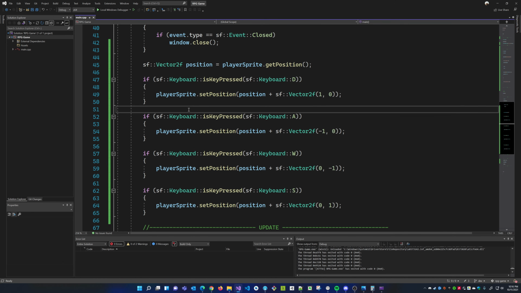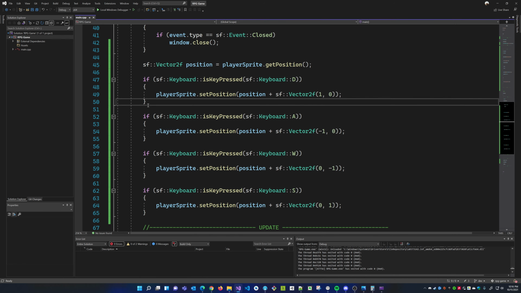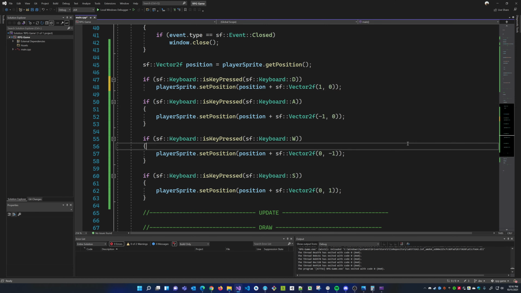Now, one more thing. If an if statement has a single line of code, you don't need to add curly braces. You can get away with doing this. And I like to do this because it's a little bit nicer, a little bit cleaner. So now the if statement will execute the line immediately under it.